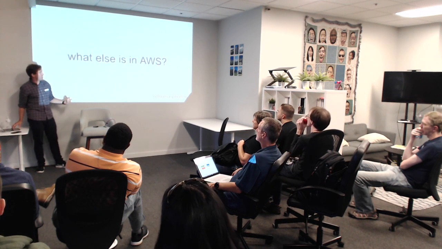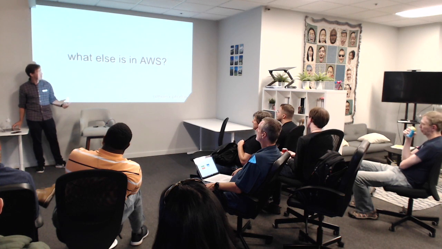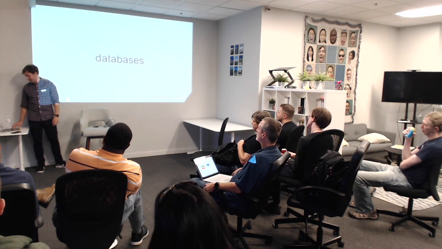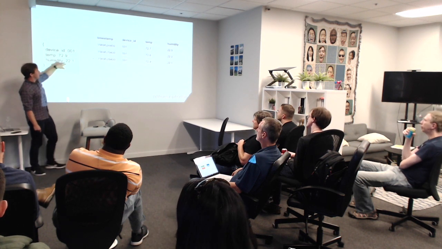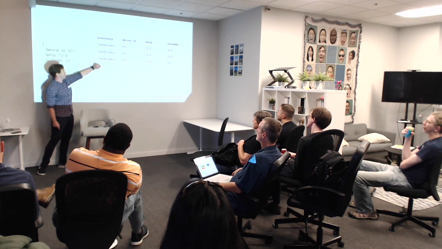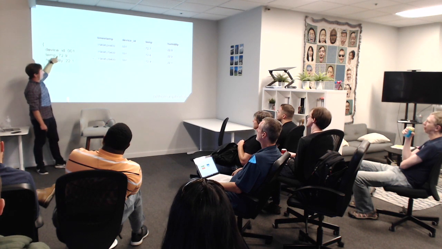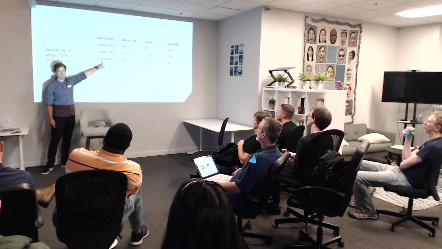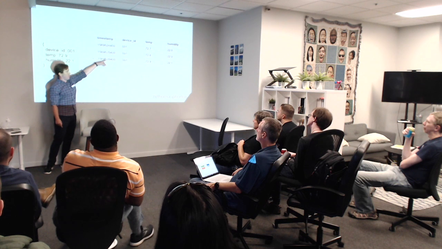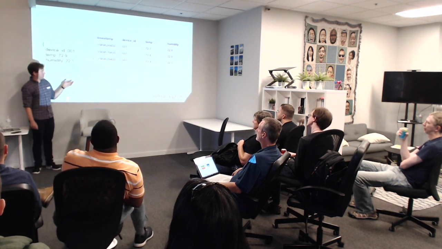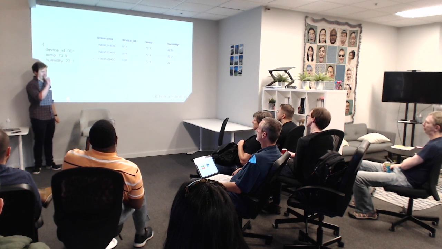So once you have AWS going, what else is in there for you? There's databases. You could see a scenario where you would want to take the temperature and humidity, and every time one of these comes in, you want to add it as a row on a database. So you can just take all this, split it up into columns, and add it to the database for you. And it's all done with a pretty simple integration. You don't need to figure out how all this works. There's like a GUI for all this. We'll set it